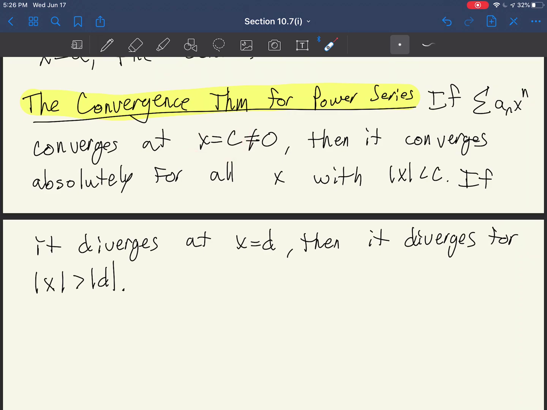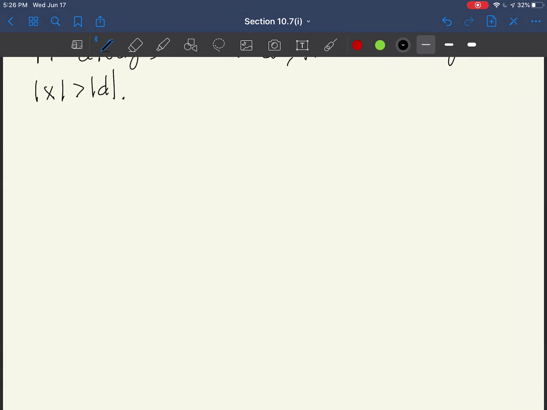Notice this is not saying, so if it converges at x equals c, then it does converge absolutely for all x with the absolute value of x less than c, but that does not say that it diverges everywhere else. We just know that we're going to get some interval here. So this theorem, along with the previous examples,